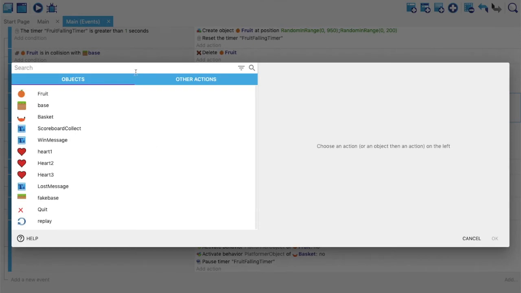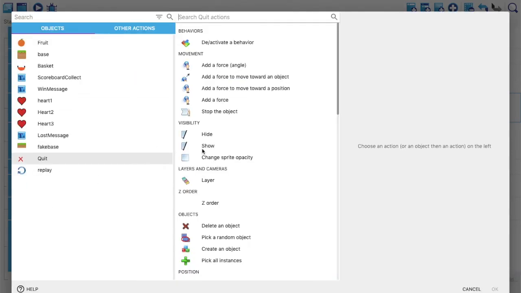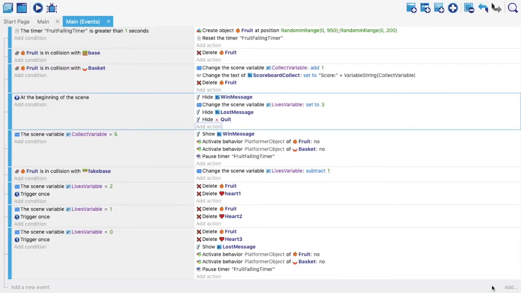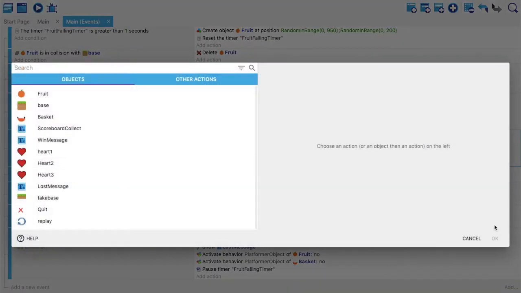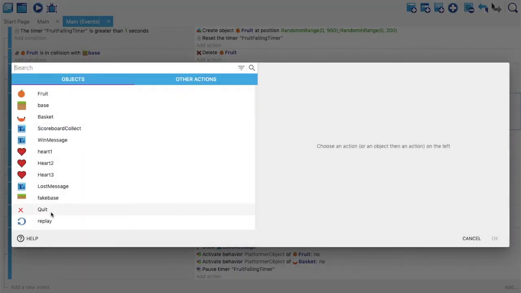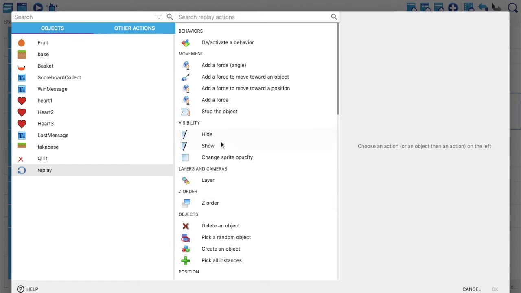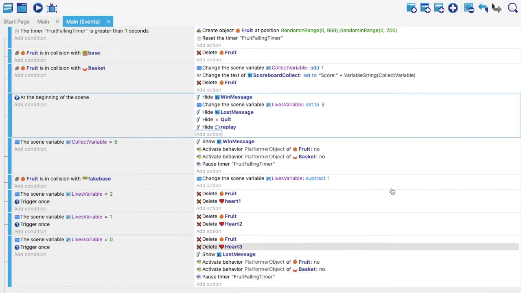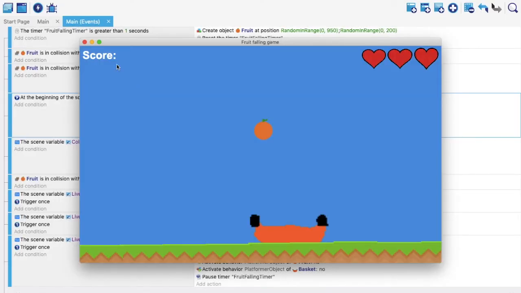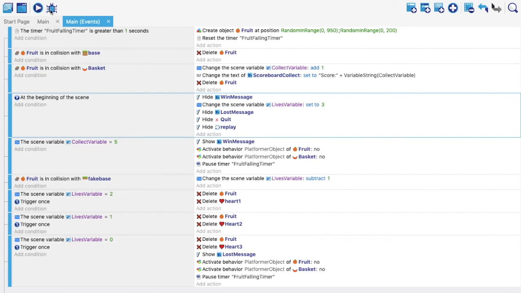Okay, just go to this, and this one should be hidden. Okay, and also the replay one should be hidden. Okay, let's check if this is working. No, just to be sure. Yeah. So now what we have to do is we have to make them visible when either you win or